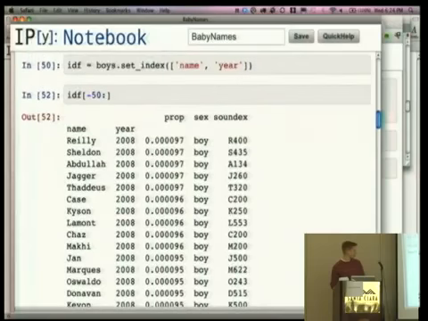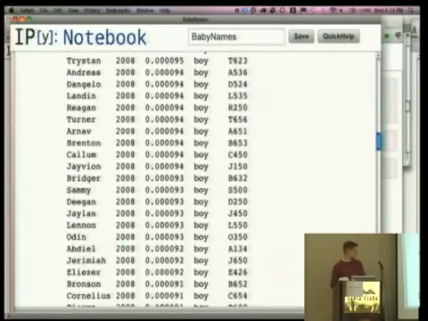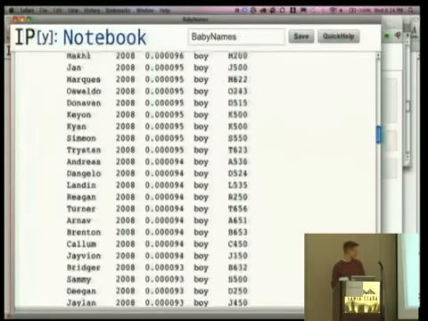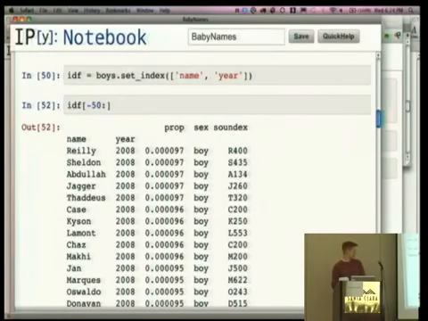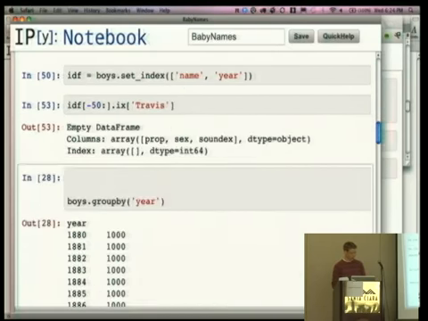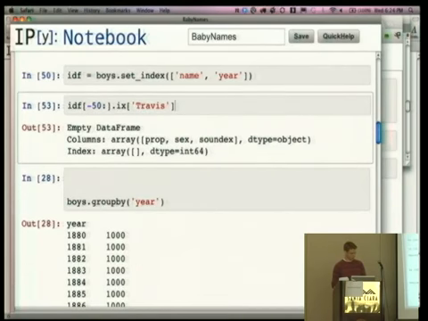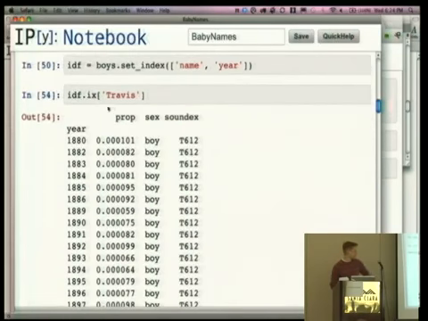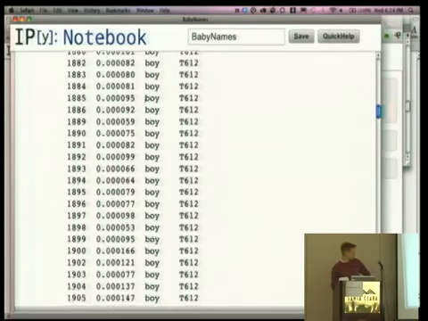You can see that the name and year columns have been pulled out of the data set, and they're now part of the index. There's an empty space here, and the name and year columns have been moved into the row index. What's nice about this is that we can use label indexing. We can say .ix Travis. Oh gosh, that didn't work. There are no Travises in the last 50 elements of the data set. So if we do .ix Travis, that gives us the slice of data,